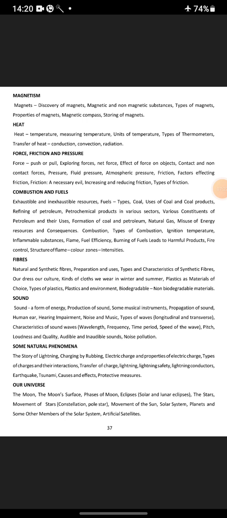structure of flame, color zones, intensities. Fibers: natural and synthetic fibers, preparation, uses, types and characteristics of synthetic fibers, our dress, our culture, kinds of clothes we wear in winter and summer, plastics as materials of choice, types of plastic and environment, biodegradable and non-biodegradable materials, sound, a form of